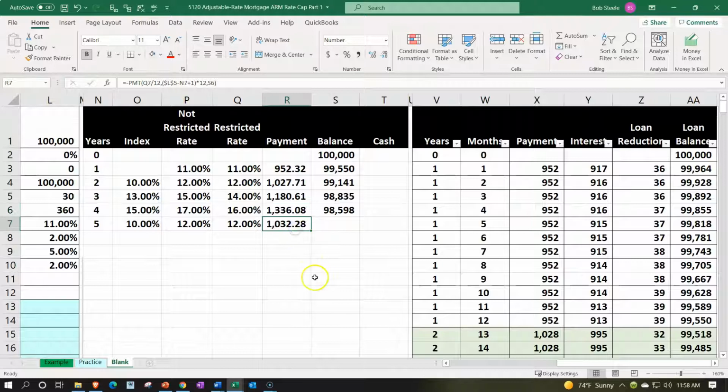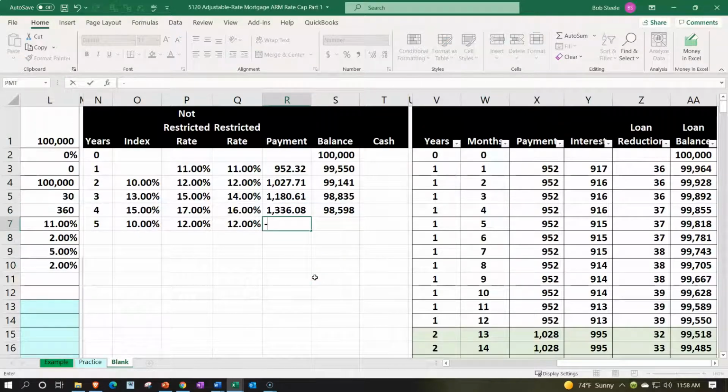But we're going to calculate it one more time. Last time to practice. This is the last time. I know this is a fun process, so enjoy the last one. It's going to be PMT, shift 9, rate 12% divided by 12 for the monthly rate, comma, brackets, years first, looking at the 30 years on the left. That's outside of our table, so we're going to F4 on the keyboard, $ sign before the L and the 5,